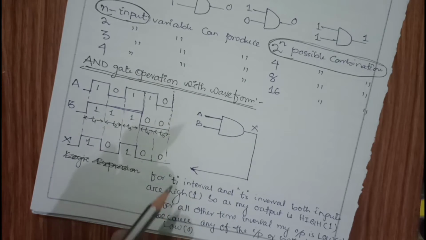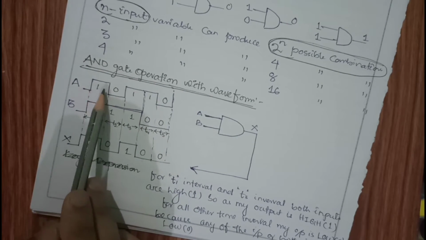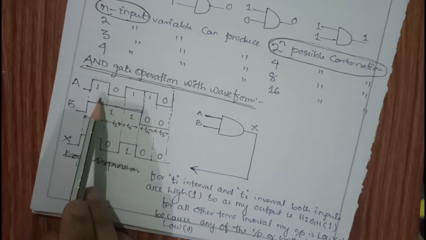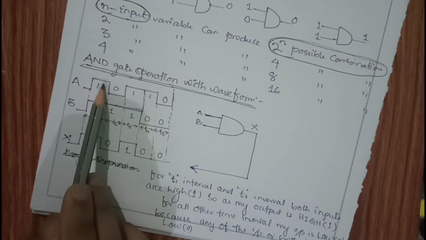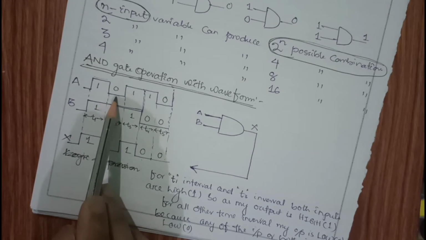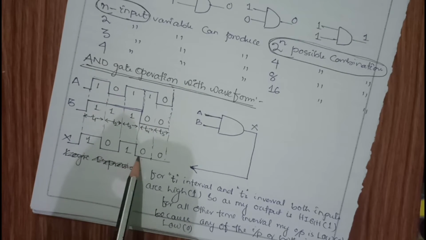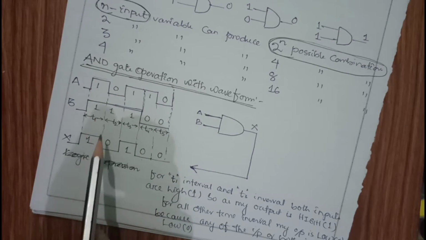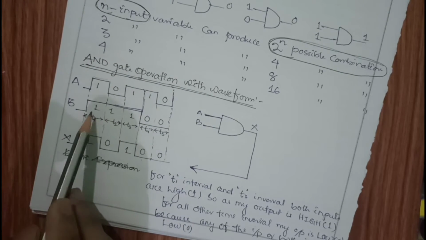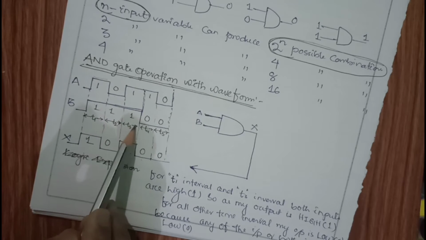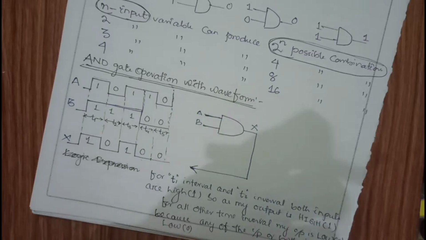Suppose I have applied 2 signals A and B, and for each bit period, for each time period, you have to see whether in that time period both my signals are high or any is low. If both are high, then output will become high. If any is low, here if one is low, here also low, here both are low, in that case my output will become low. And when both are high, in that case my output is high. So from here you can also tell about the timing diagram, that for the T1 and T3 intervals my signal output is high, and for all other cases my signal output is low.